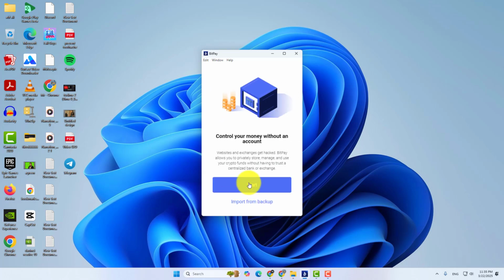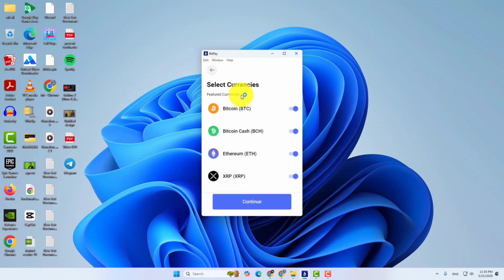Remember to always back up your seed phrase and use additional security features like a PIN or two-factor authentication